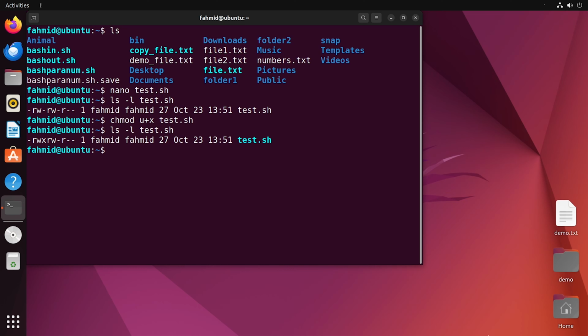Now it is time to run the script. To do so, there are many alternative ways. Firstly, I can call the bash interpreter to execute the script, which is by using the bash command. As you can see, this prints a hello statement on my terminal. Also, to do the same thing, I can use the Bourne shell, in short the sh interpreter, for example sh test.sh. This also prints the same output. You can also use the ./ notation to run your script. The ./ notation specifies the script location path to execute the script. For example,